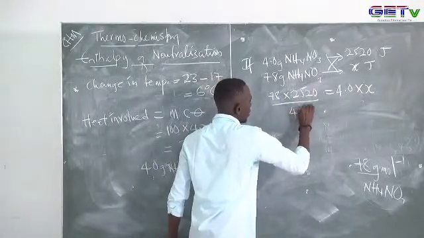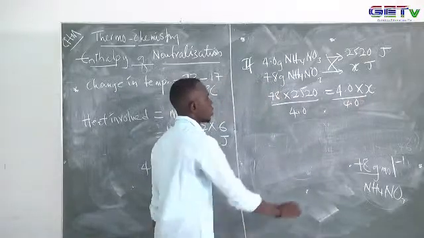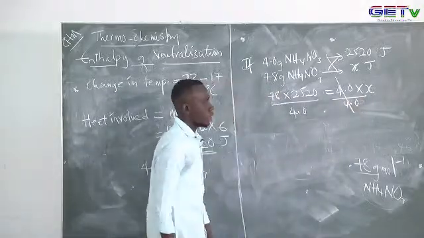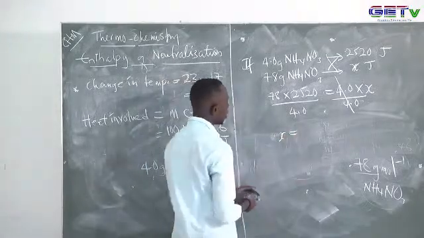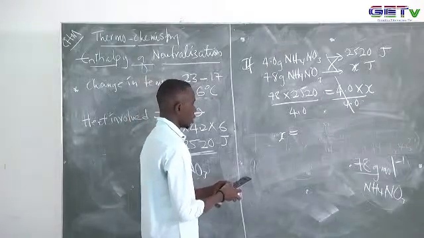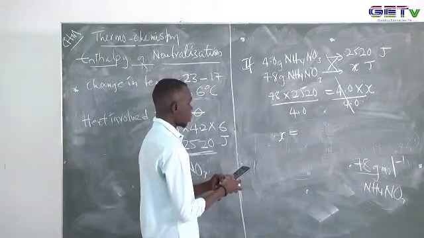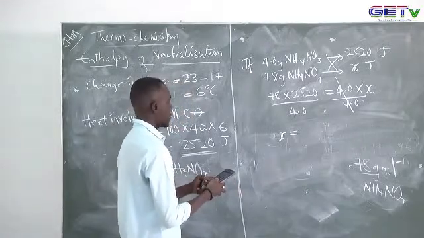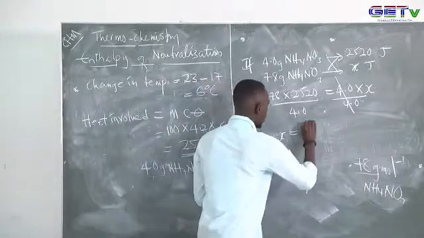Dividing by 4.0, and this side also 4.0, and this will cancel each other. Now we'll have X will be 78 times 2520 divided by 4.0, and then we will have